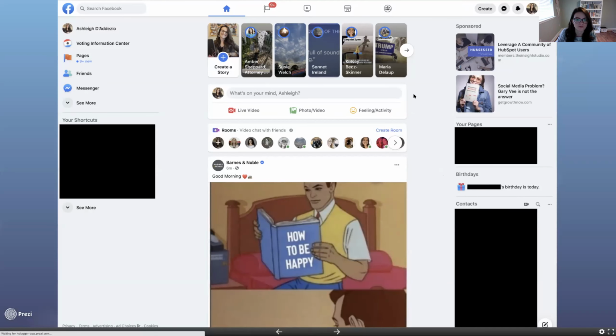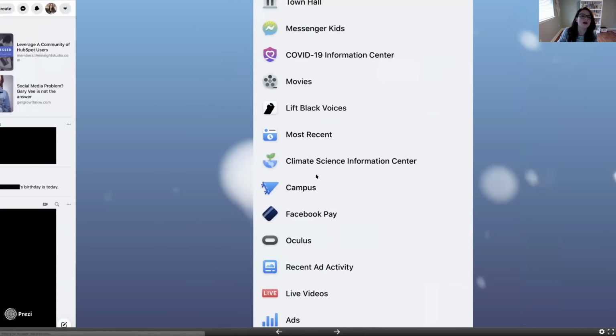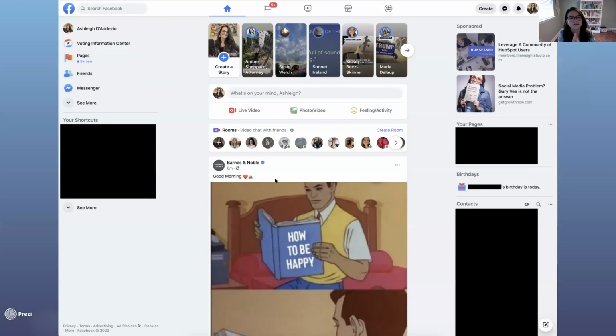Let's see. Oh, this is important. Okay, so on your news feed, by default, you will see posts that Facebook thinks that you want to see. So it's going to show the people, the pages, and the groups that you have been interacting with the most lately. So if you want to see something and you're afraid that Facebook is going to bump it down because you haven't been interacting with it as much as you should, you can actually go to that person, that group, or that page, and you can choose to see them first.